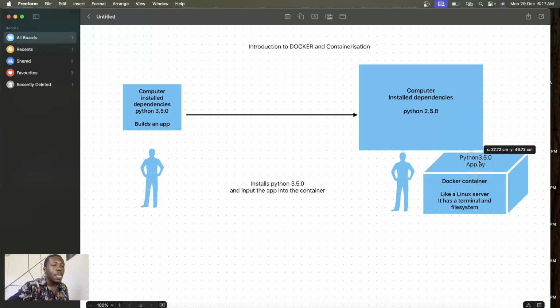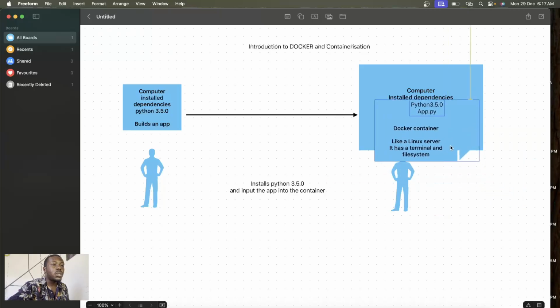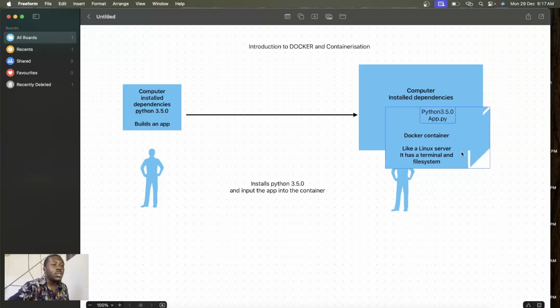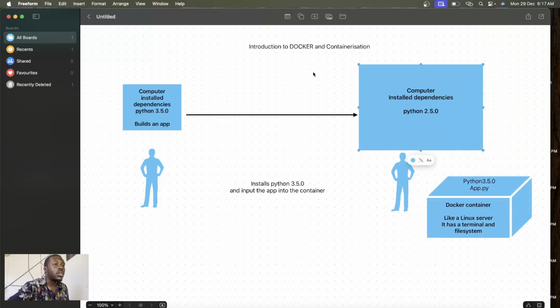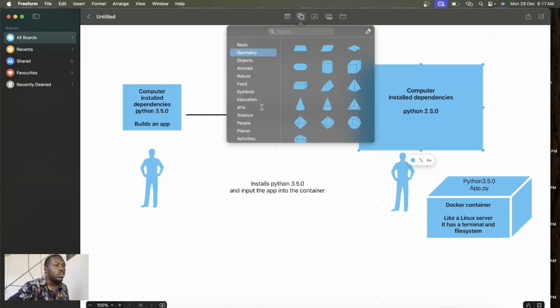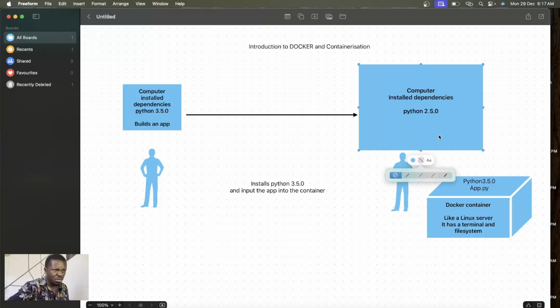Let me do this. The developer now just needs to put the container into, let me change the coloration of this and see. I'll change it to this color.